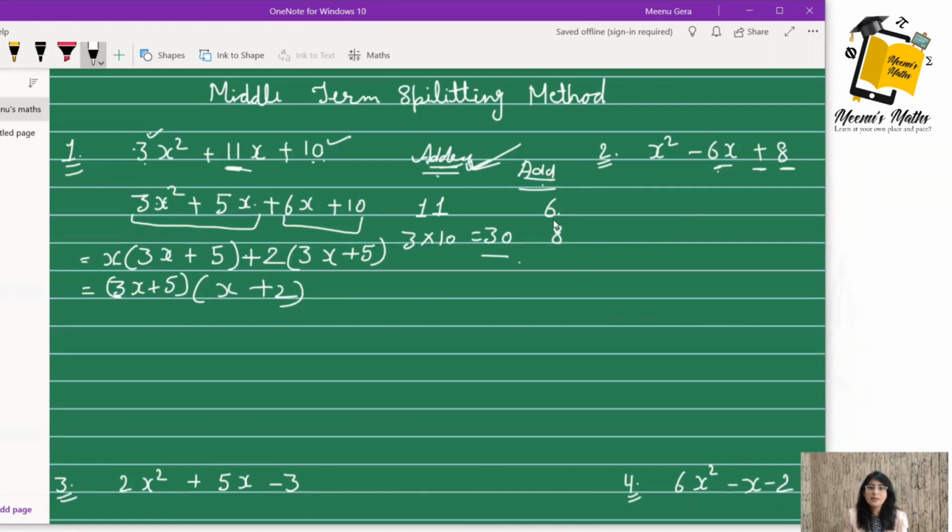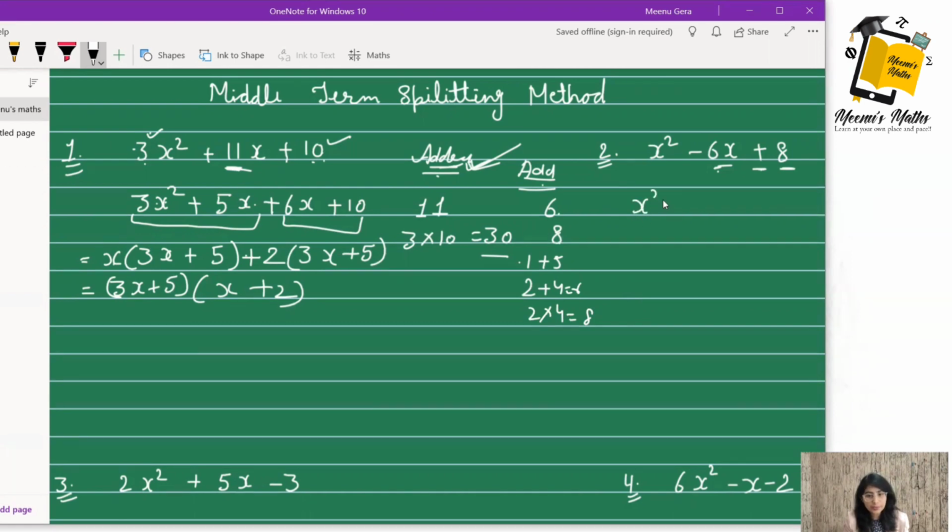It's quite easy. We can think it directly. 4 2s are 8. If you are not able to think directly, you can again go for that. Think about 1, then think about 2, and you will get it. 1 plus 5, 1 5s are 5. That's not it. And 2 plus 4 is 6, and 2 multiply 4 is 8. It's done.